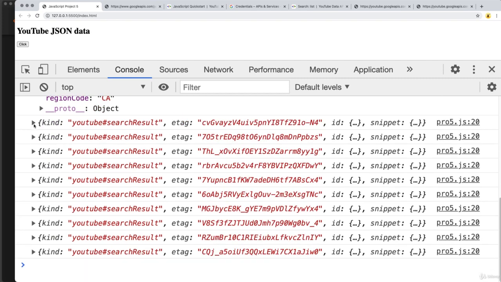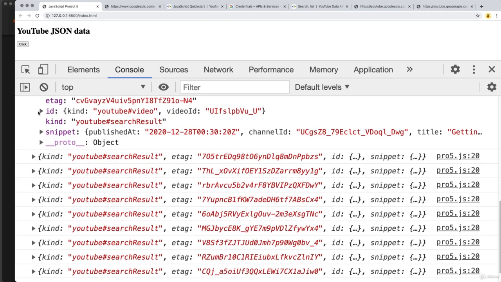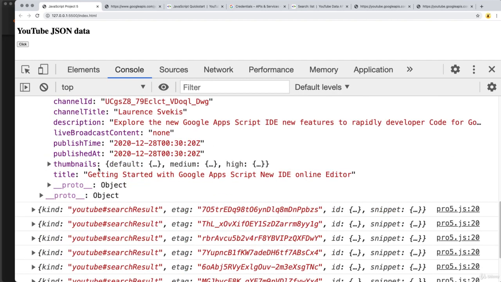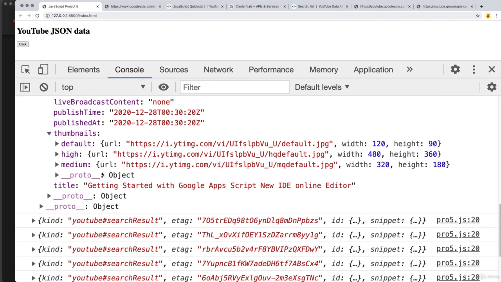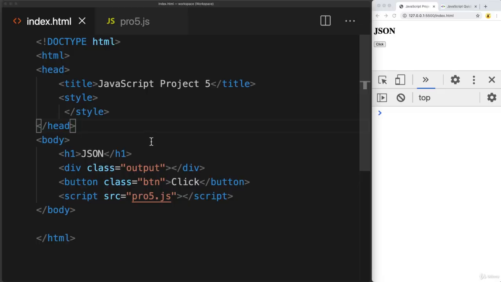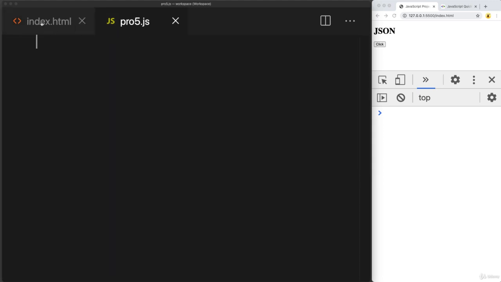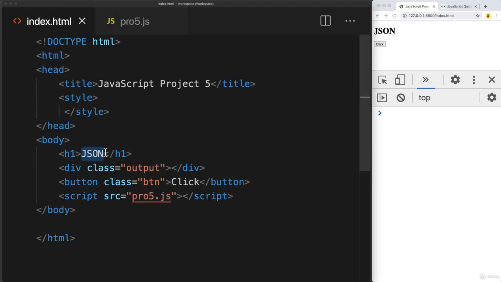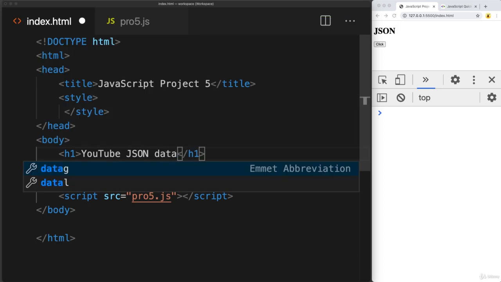And then what we're going to do as well is we're going to loop through the results. So we've got a lot of JSON data coming back from YouTube that we can make use of within our web application. This lesson we are going to be connecting to the YouTube API, so we do need to have some setup for this. I've created the index.html file, linking it to pro5.js, created the pro5.js file, so we are ready to go. We want to make JSON connection and get YouTube JSON data and output it to the page